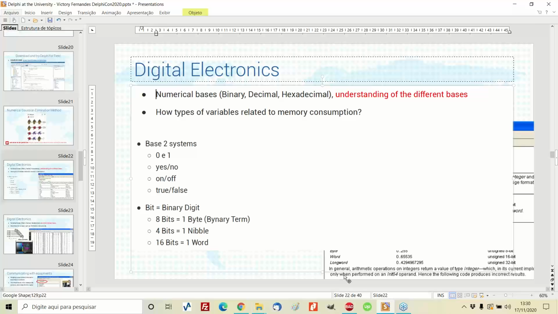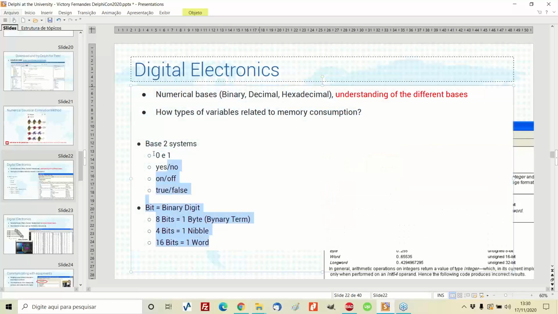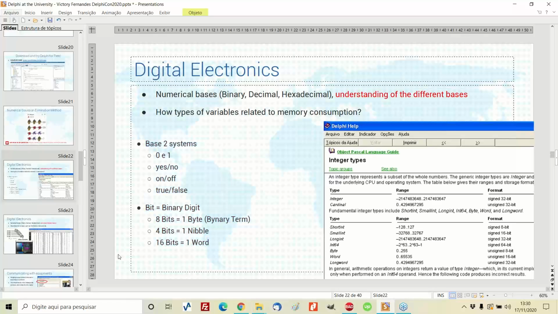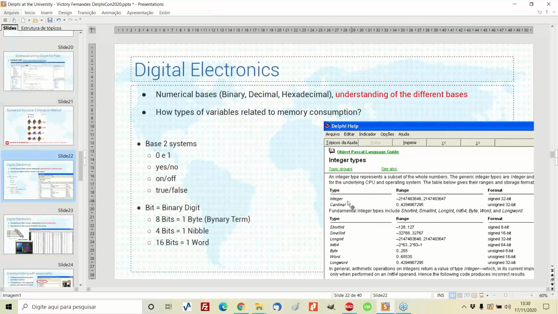if you are a standard professor of this discipline, you teach zeros and ones and logic, and say that you have a bit or a byte, and you just stay attached to this. But if you want to put things together, you open your programming language help file and show your students that each variable comes from the numerical basis you are studying.